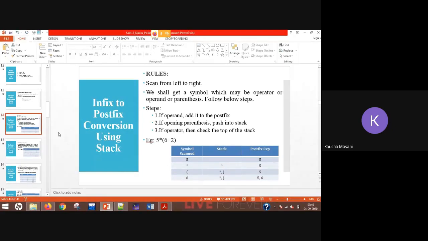Once we are over with it, then we are going to see the recursive functions. What are your recursive functions? Some examples of recursive functions, and Tower of Hanoi, if time permits. All right. So let's quickly revise because I can make out it is quite a gap from Saturday to Friday. So in between you might have not revised. So let's revise first your infix to postfix conversion using stack. That is what we are going to revise.